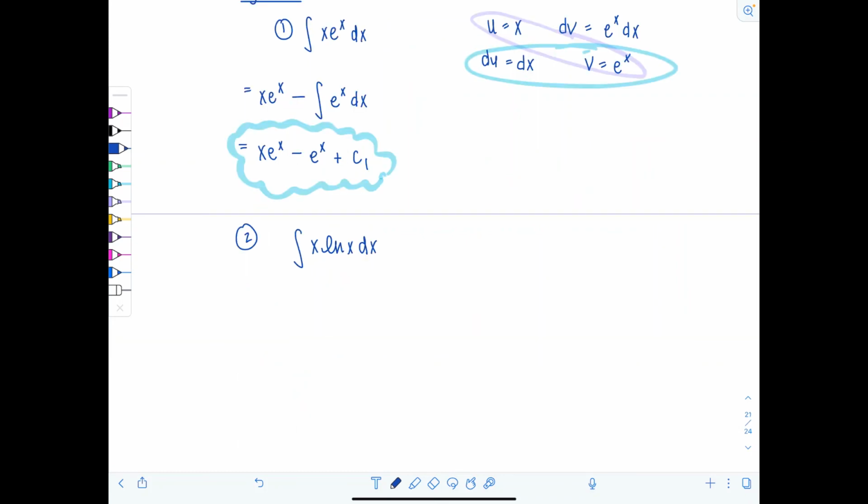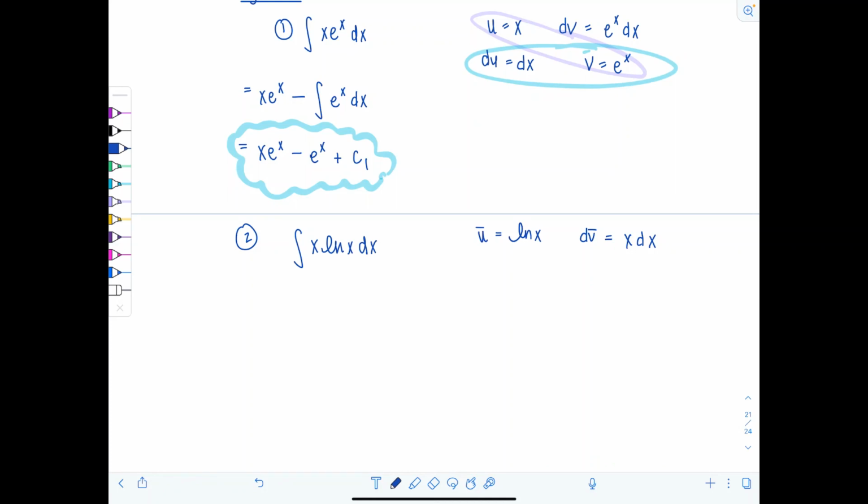Now, in this very problem, we've already assigned the variables u and v to represent certain quantities. So please don't reuse them, all right? Put a hat on it, put a bar on it, do something else. So u bar and dv bar are my variables of choice for today. In this case, I need to let u bar be natural log of x, and dv bar is just going to be x dx,